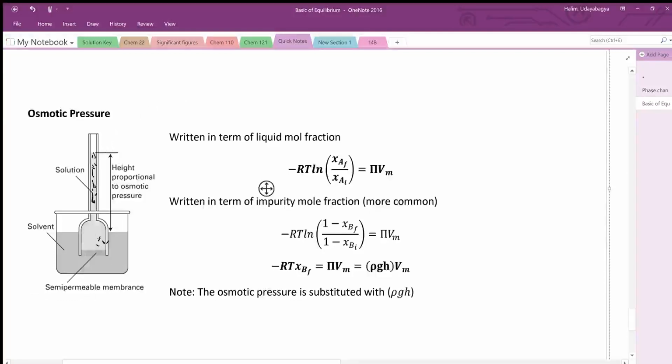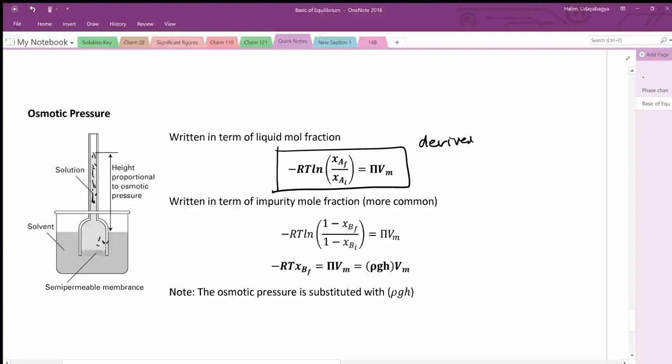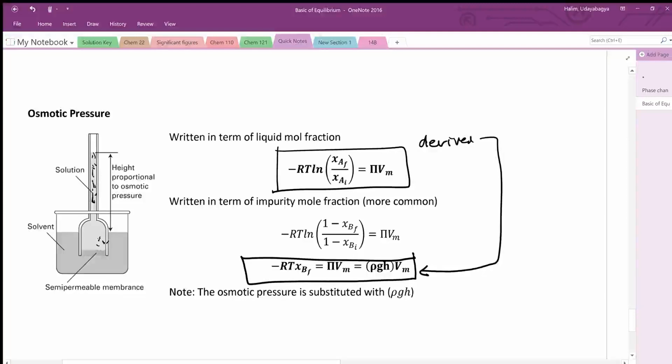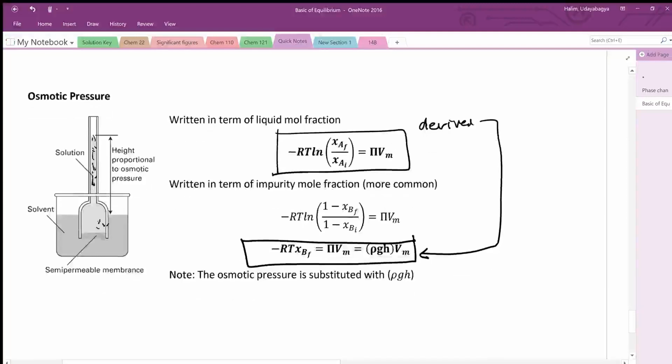And then the equation that's written to you is this one here. So this is the derived equation, but your book gives it to you in this particular fashion, which is fine as well. That is, this is an approximated version, but it's all right. That is, negative R times temperature times the mole fraction of your impurity is equal to the molar volume times the